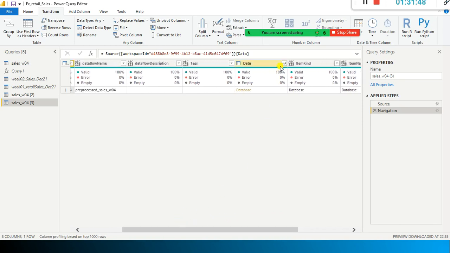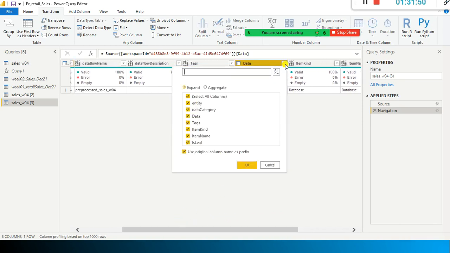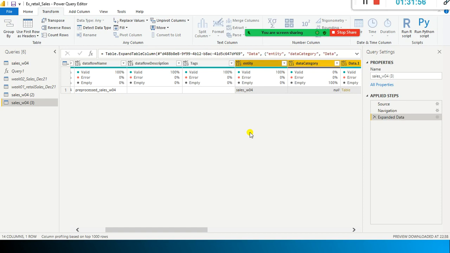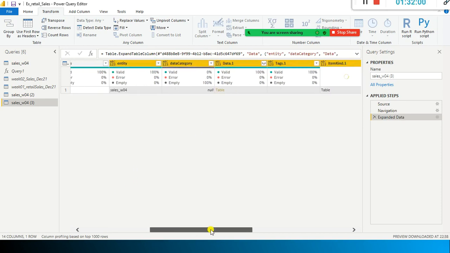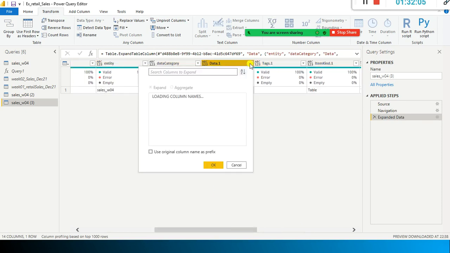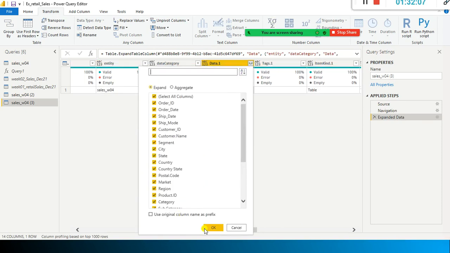If I select this one, use original column name as prefix. Okay, table. So you can see now the table column names, the table data needs to be selected. Select all, yeah, expand.